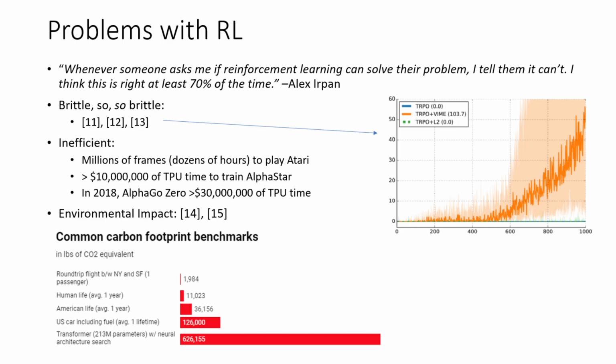Whenever someone asks me if reinforcement learning can solve their problem, I tell them it can't. I think this is right at least 70% of the time. And this really gets to one point that I don't have up here, but it is important. Oftentimes, when you're considering reinforcement learning for a solution to a problem, there are much better methods than reinforcement learning. Supervised learning, like a lot of real world reinforcement learning problems can be reframed to supervised learning problems, or you